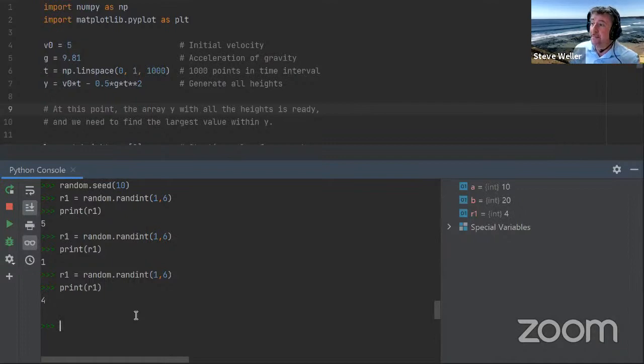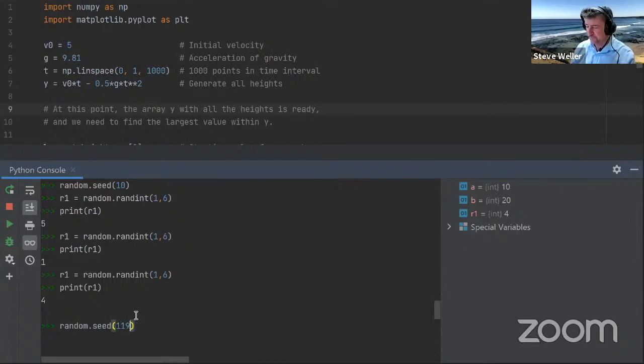So often a debugging strategy is debug your program with a fixed set of random numbers, because everything's repeatable, and when everything's working, remove the line, comment out the line that fixes the seed, and rerun the code. So there's nothing special about the number 10.